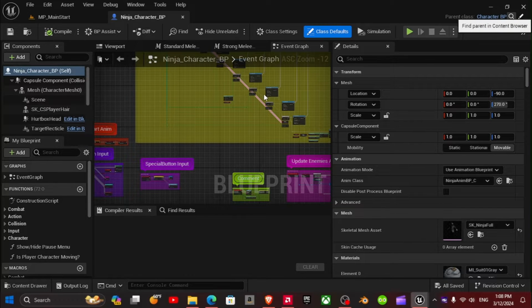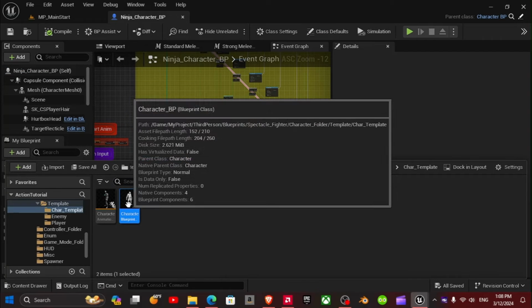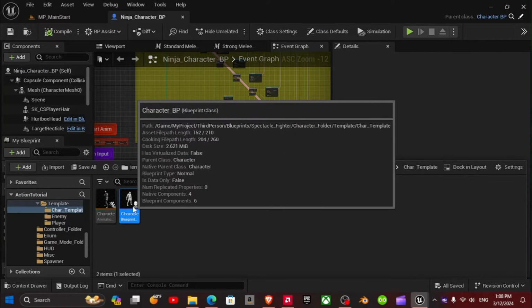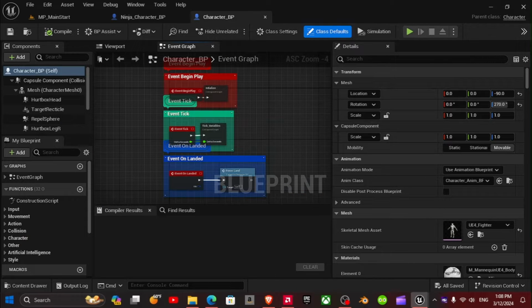The next thing we're going to do is open our character blueprint, because the character blueprint is what we're going to be using as opposed to what Yuko Millennia just did.